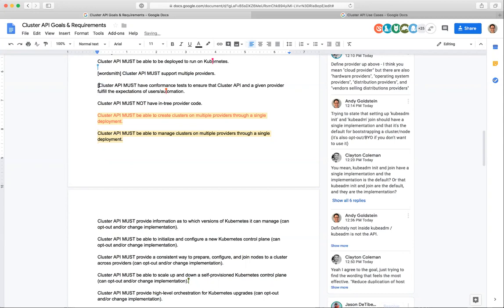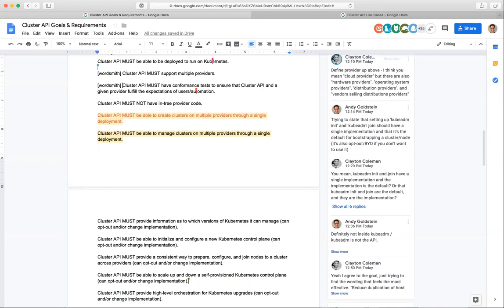And yeah, I think the intent, I'm guessing here, is that given a release of cluster API and a provider, if you install and deploy them, you must be able to do a standard set of things, which we're calling conformance, which is probably create a cluster. On that cluster, I can at least run a pod, and then I can delete the cluster, something like that. Oh, so it isn't defining new tests. This is saying that we have tests that verify that the cluster that is created by the cluster API implementation satisfies the existing conformance tests, whatever they may be.